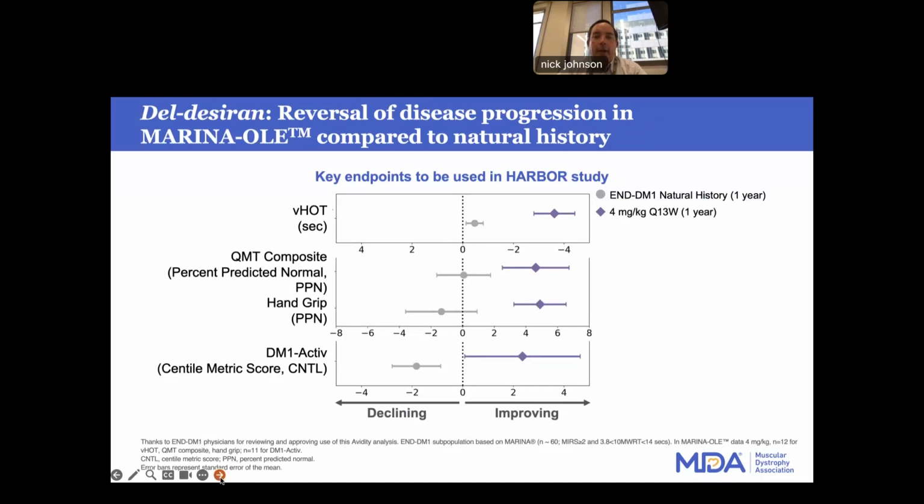And in fact, data that has been presented previously by Avidity showing the results of their Marina open label extension study, comparing to the NDM1 study. So you can see video hand opening time, hand strength in the middle, and then DM1 Active, which is a patient-reported outcome. You can actually see in all instances in the NDM1 study, either these were stable over the